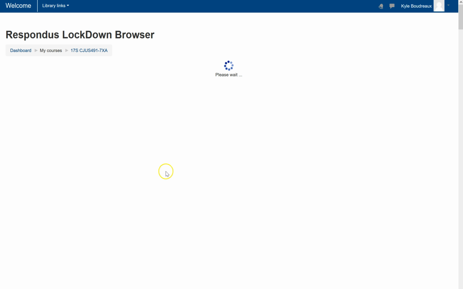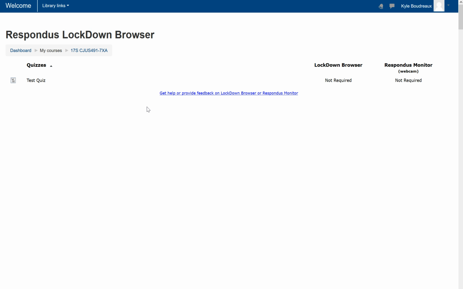And this loads into the Respondus Lockdown Browser dashboard. You can see currently that Lockdown Browser is not required and Respondus Monitor is not required. The browser is the actual software the students will take the exam in. It locks everything on the computer down. They can't open any other programs, can't record anything, no other browsers. And then the webcam is what actually records them as they go through and then triggers on any events that